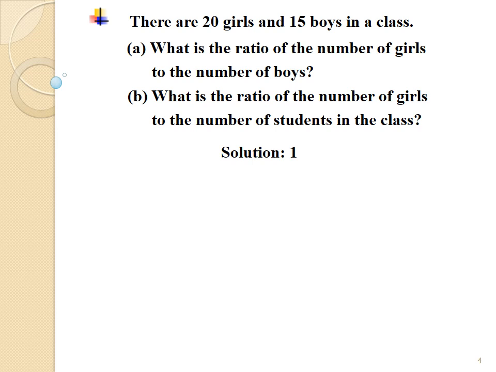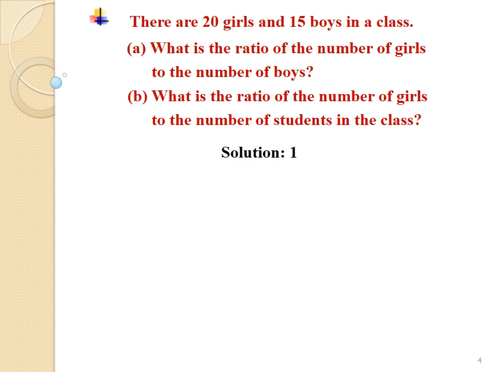What is the ratio of the number of girls to the number of students in a class? Students, in this sum, we have to find out two ratios, such as the ratio of the number of girls to the number of boys and the ratio of the number of girls to the number of